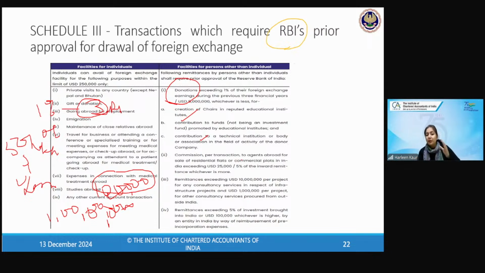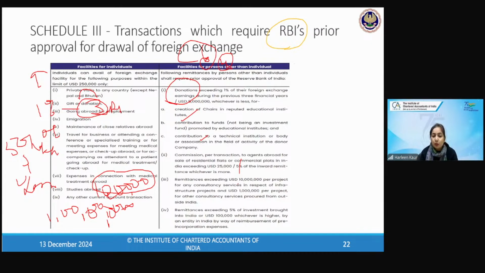All right, now here the payments are being made by a company, firm, or individual. In the first case, the payments were made by an individual, a human being. These are the 9 cases where the individual is making the payment, and these are the 6 cases where the firm, company, or anybody else is making the payment. So the first point is clear. Second, these are the 4 cases, not 6, we have 4 cases.